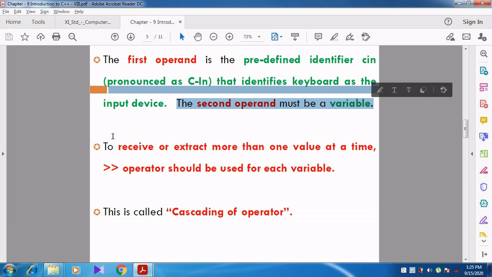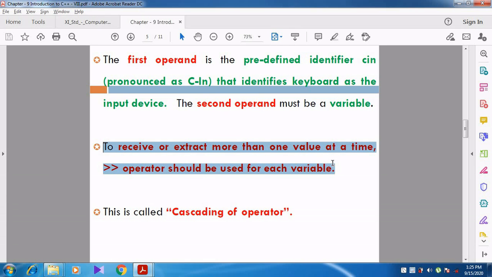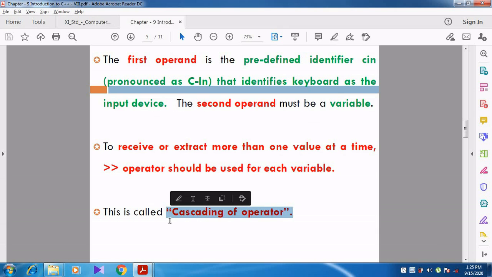To receive or extract more than one value, we use the operator for each and every variable. This process is called cascading of operators.